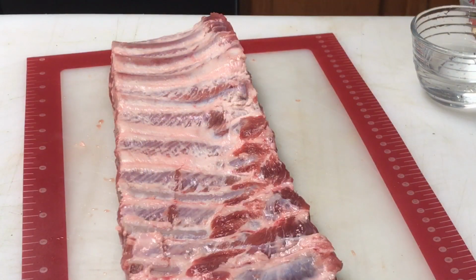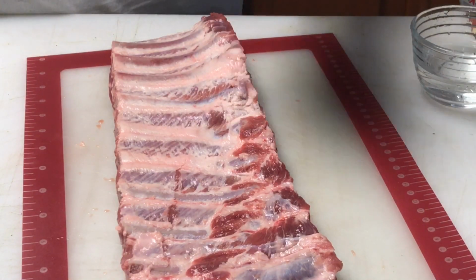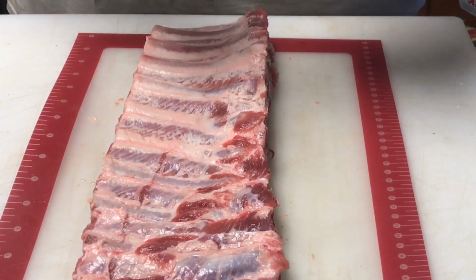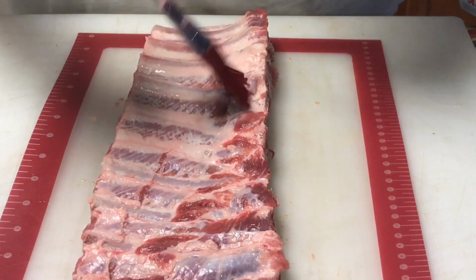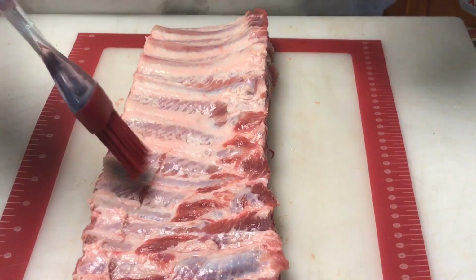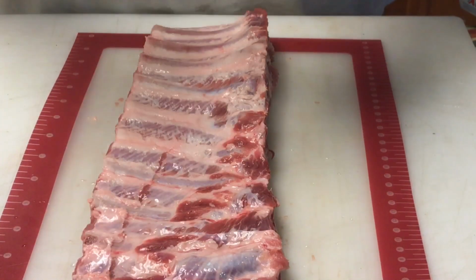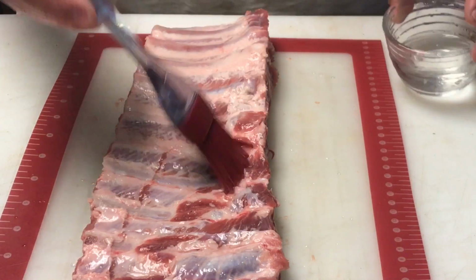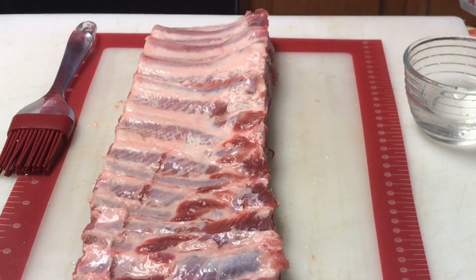Let's get started. All right, so I got the ribs here. I already trimmed them up just to save time. I trimmed them up, removed the membrane, trimmed some of the fat off from the meat side. And what I'm going to do now is I'm actually going to take some water. Now, some people use mustard, oil, or olive oil, Worcestershire. I've used all that stuff too, but I'm experimenting here with water, and I'll tell you why. It's one of the secrets that I picked up from somebody,